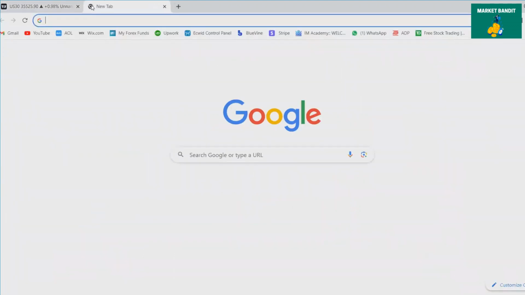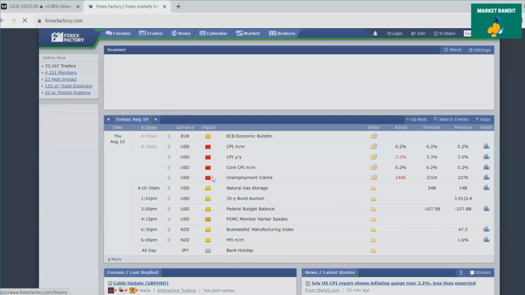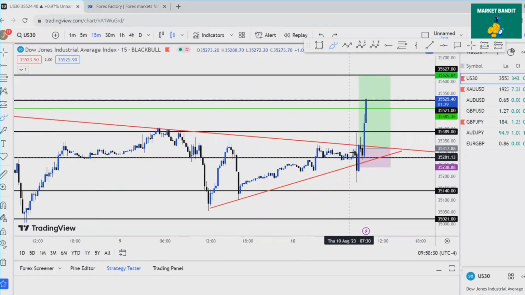So this morning on Forex Factory, we had some high impact news at 8:30, and the market wicked all the way up here, as you can see, and then rejected back down. But one of the things I also noticed was when I applied my market bandit strategy,